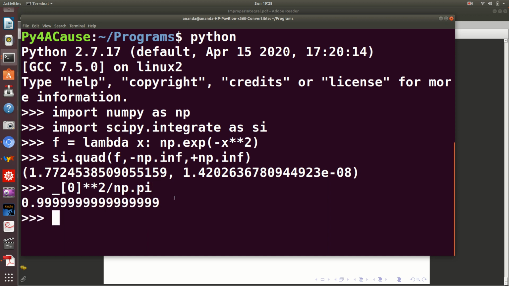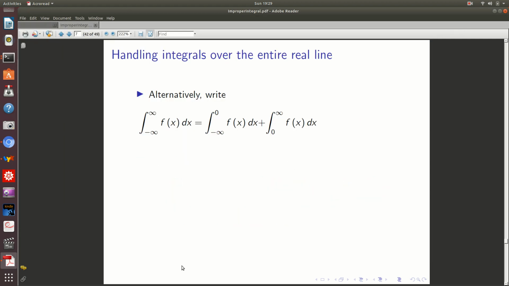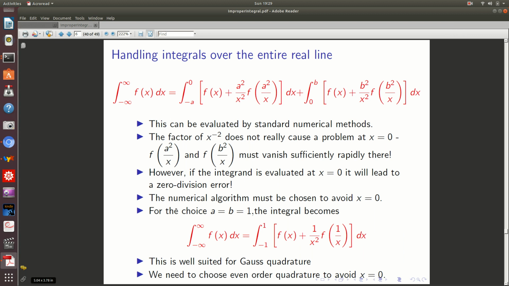This of course is pretty close to 1. In fact, this is 1 for all practical, machine-dependent purposes. So this has done a pretty good job of it. Instead of doing this, could we have used our results? This of course avoids any of the theory that we have talked about, simply because this theory is taken care of by the quad function itself. However, let me remind you that we could have calculated this integral using Gauss quadrature,